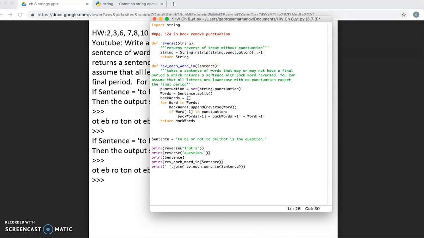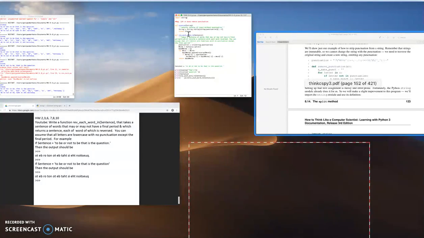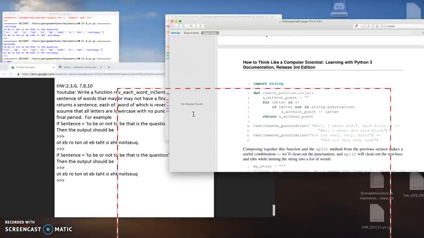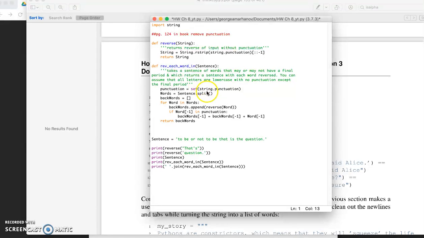here's the code for that. I imported this string module, and I'm going to show you guys why in a second. I used page 124 in the book. That was my big breakthrough here, and it talked about importing the string module when they wrote this remove punctuation function. So I start off with my reverse function, and